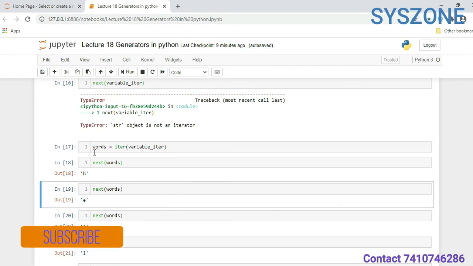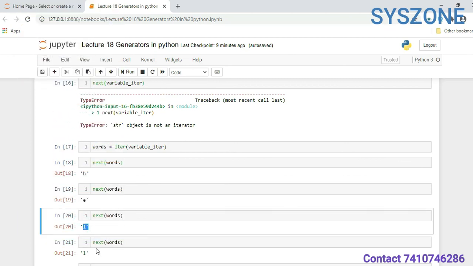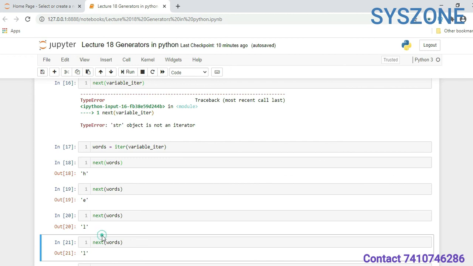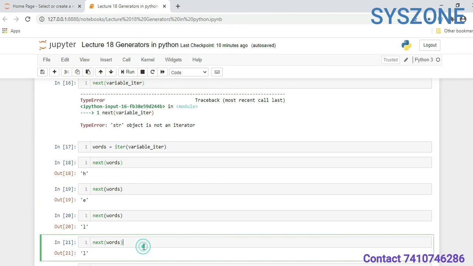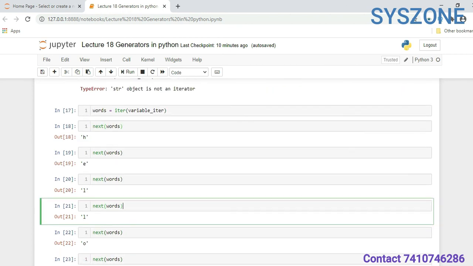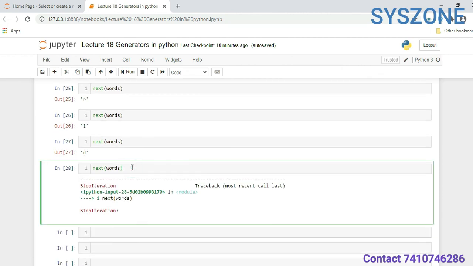Suppose you have a requirement of only l and not the further values, so you can stop here. Memory will be allocated till here only, and the further part will not require any space in memory. Same here also, if we reach the end of the iter values, it will throw you an error like StopIteration, because there is no further value available.